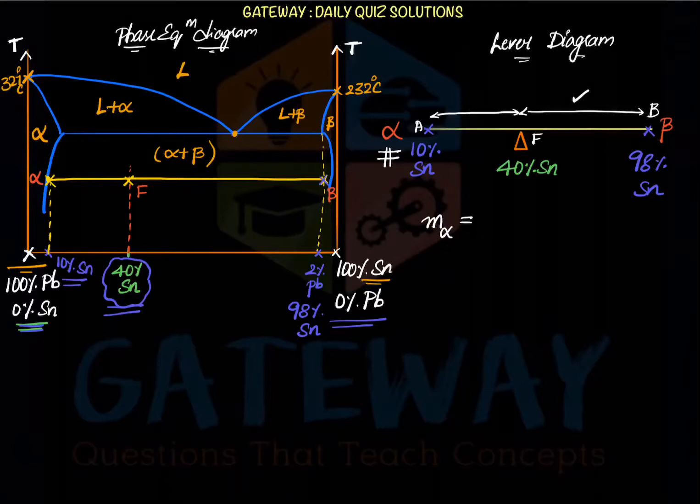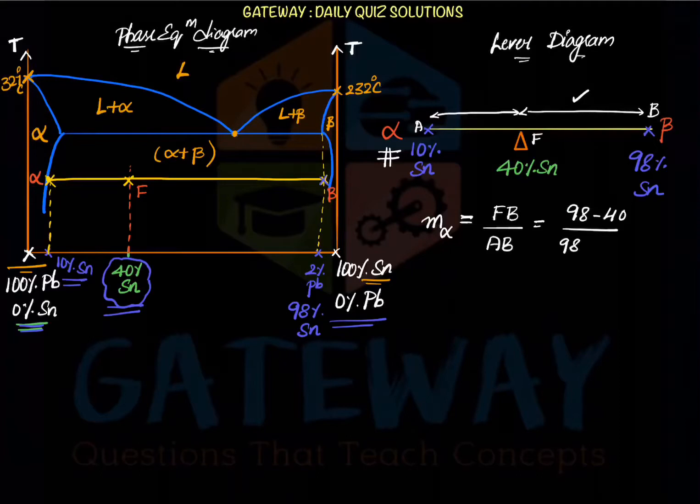When we are having a fulcrum point, if you are having a load on one direction, you have to calculate the load on the other direction, then you will be taking the distance between the opposite load upon the total distance. So the same lever rule will be applying here. It is nothing but FB upon AB. And here the FB is nothing but 98% of tin minus 40% of tin, upon AB,